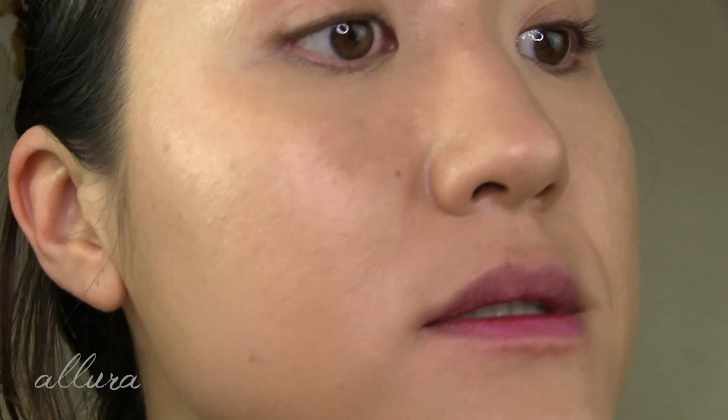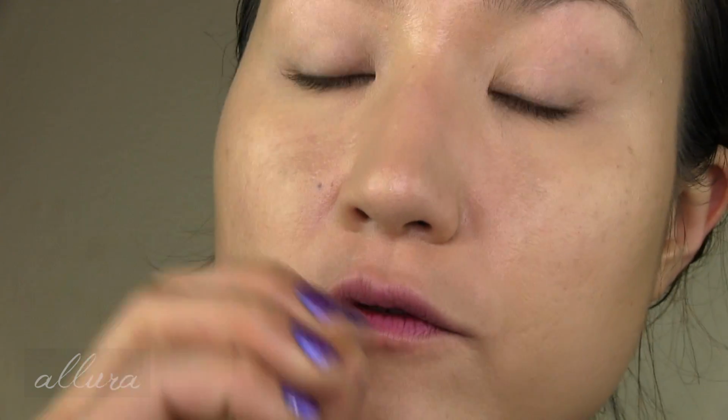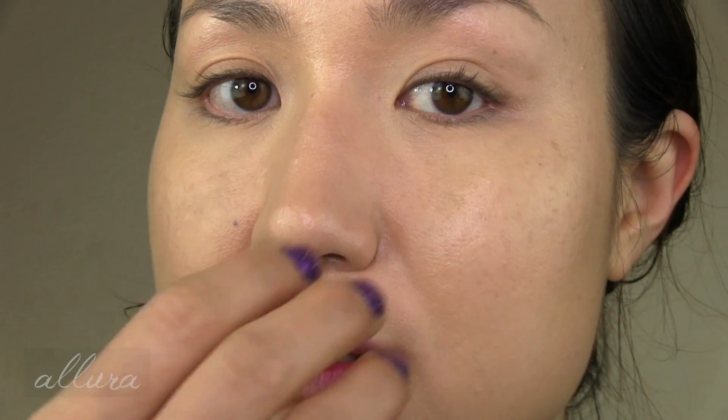I like the formula on this because, having such a thin formulation, it just really sticks to the skin so closely. It's not sitting on top of the skin. It is so thin that it's adhering just in the tightest layer against the skin. I really like that. All right, so I will wear it throughout the day and check in with you to